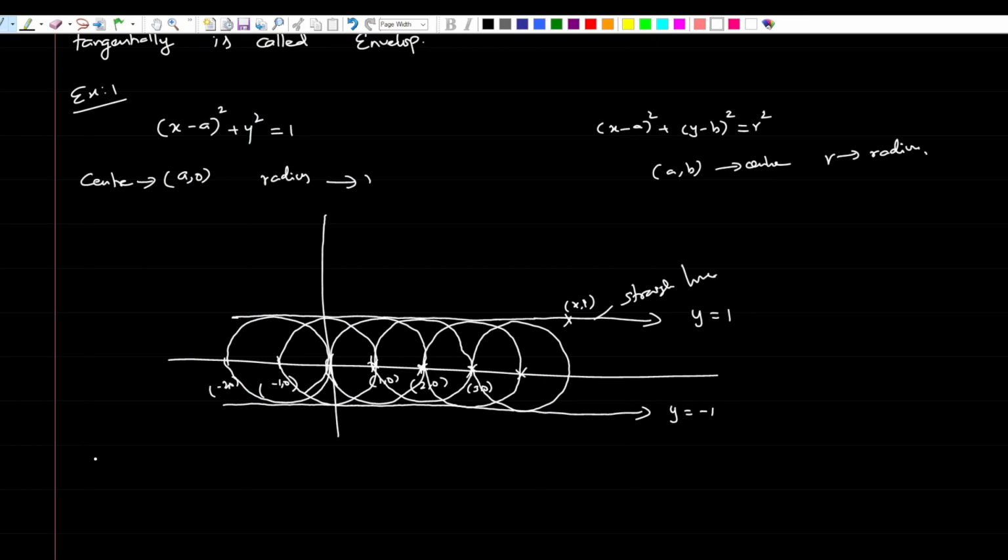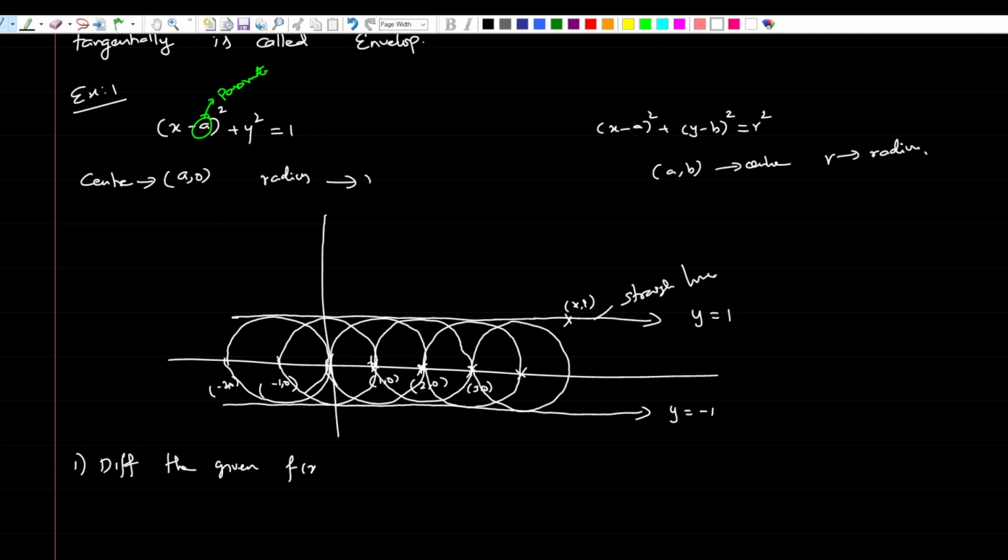Here in this family of curves, this a is the parameter. To find the envelope, the first step is to differentiate the given family of curves